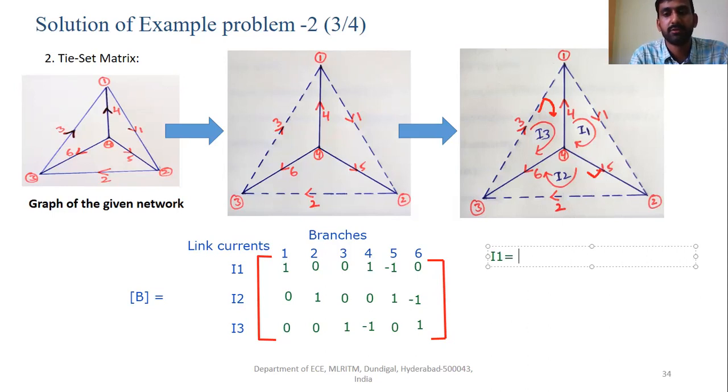So how can we obtain it? What is I1 equal to? Here you can check, with respect to row number 1, that means loop 1, I1 is equal to, what are the currents here? If we consider small i as the branch current, what can we write here?